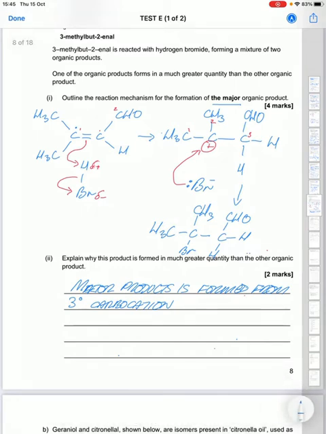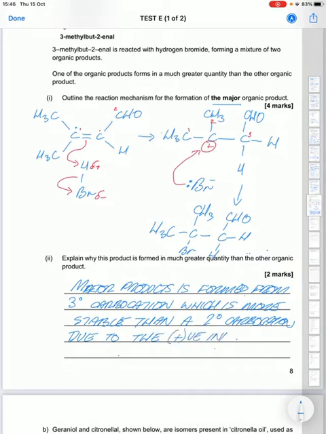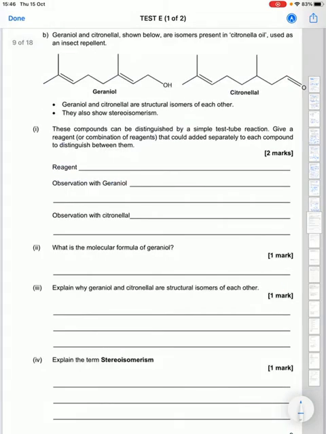So it's formed from the tertiary carbocation, which is more stable than a secondary carbocation due to the positive inductive effect. Or you could say that it has more alkyl groups attached. Okay,